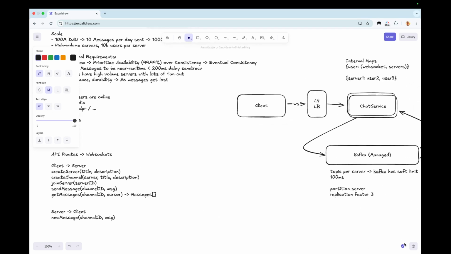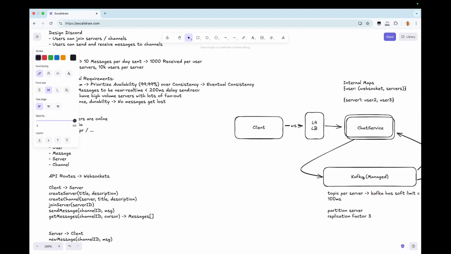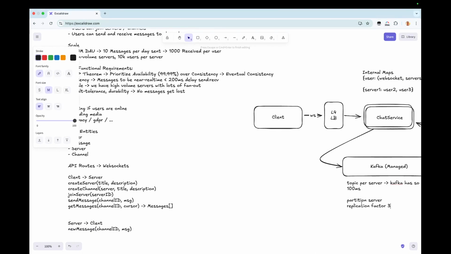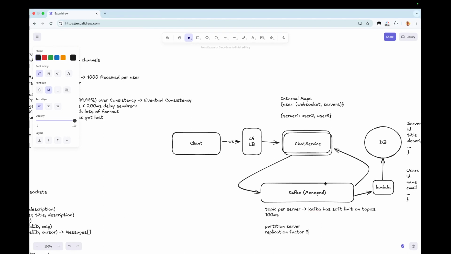So we have replication within the topic. We have multiple partitions that are divided across multiple hosts within this Kafka cluster. Those partitions have a replication factor of 3, which means 3 different replicas of that partition have to acknowledge the writes so that we have good durability in case one of those partitions goes down.